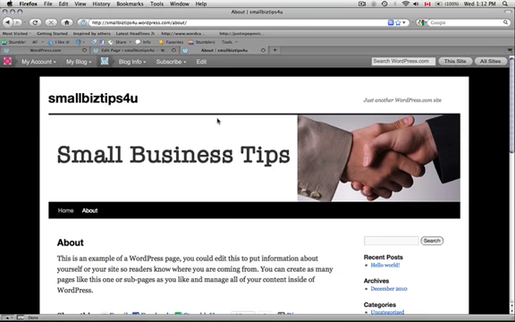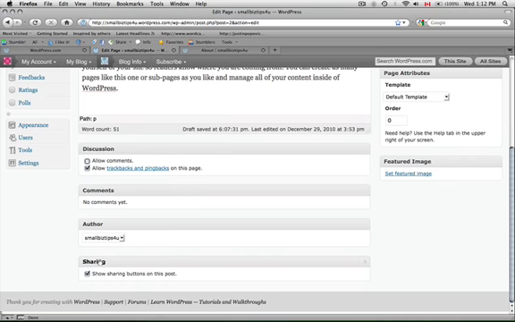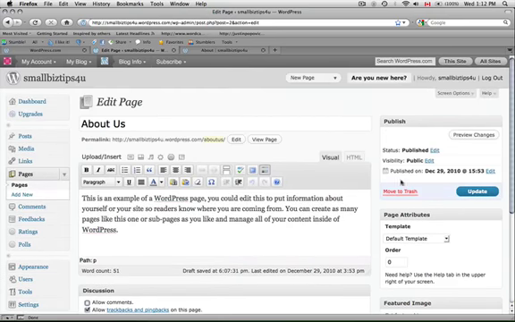So just to show you what that is, here's the About page. People can share this page with their friends on email, Facebook, StumbleUpon, and so on. If I want to disable that for whatever reason, I would do that right here. Then if I scroll back up and look over on the right side, we have a section called the Publish panel. Publish panel is very important whether you're dealing with a WordPress page or a WordPress post, because as you publish new things or as you schedule things,